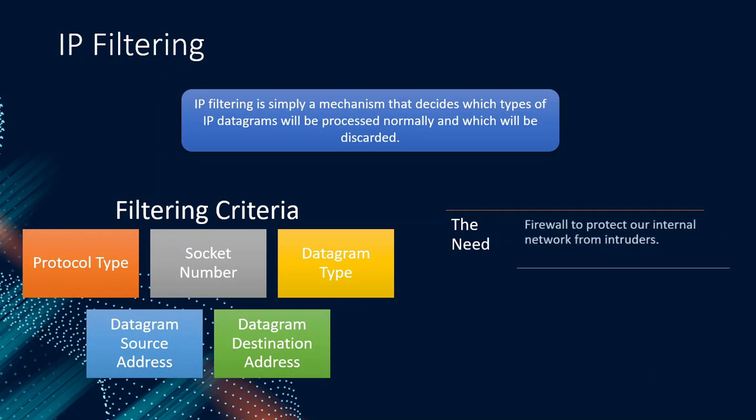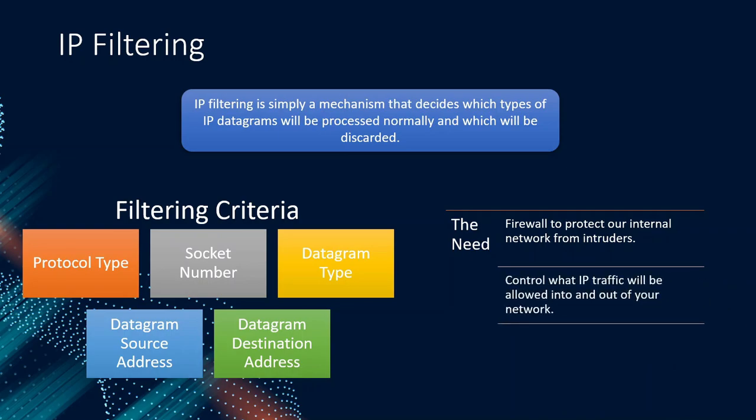Firstly, to protect our network. We do not want people from outside accessing our private data in our private space. Secondly, we are controlling what IP traffic will be allowed. This is to control what to say and what not. Like in offices, social media sites might be blocked from their employees using IP filtering. And lastly, filtering packets according to our rules. We have the power to define our own rules to filter our packets.